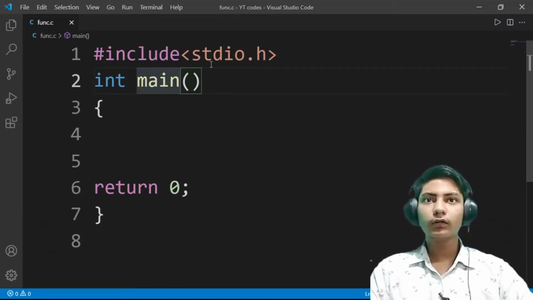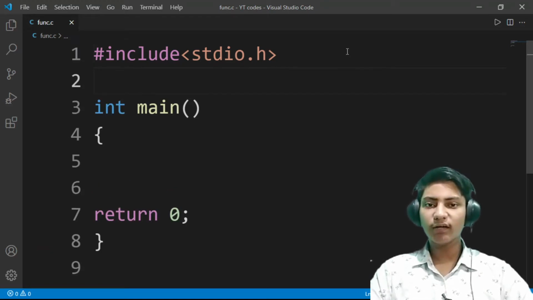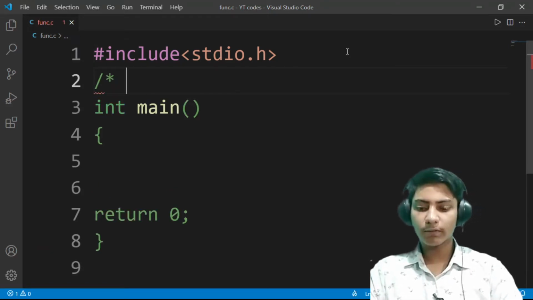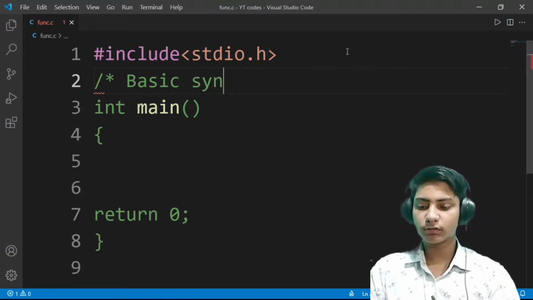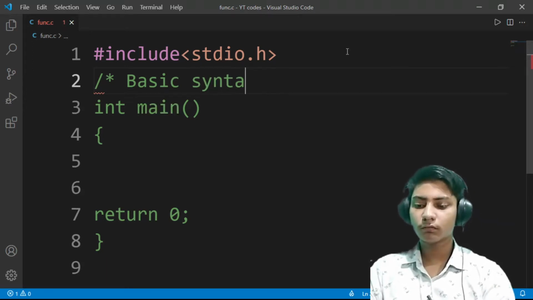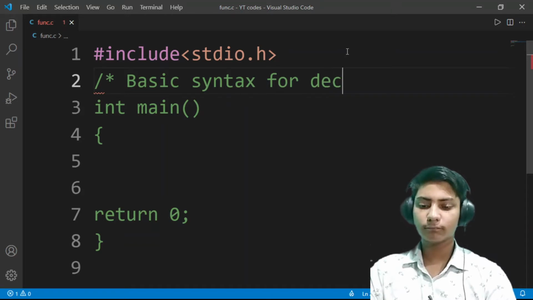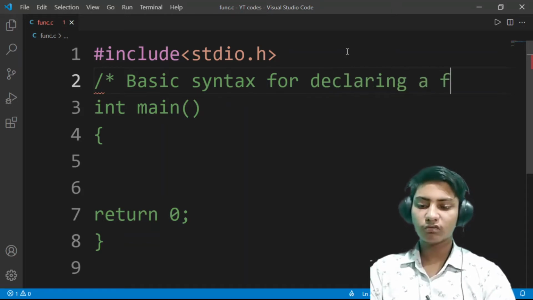Now. So guys, the basic syntax of declaring a function is, let me make a comment here, basic syntax for declaring a function.